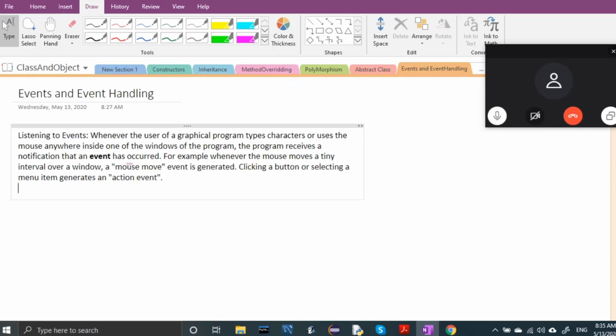On the other hand, if the mouse input is used for drawing shapes on a virtual canvas, a program needs to closely track the mouse events. So it depends upon what kind of program you are writing. If you are creating a program like Adobe Photoshop, you have to take care about the mouse events very carefully, because the mouse is a very important tool in that software. So this is how events and event handling occur. I've given you a few examples.